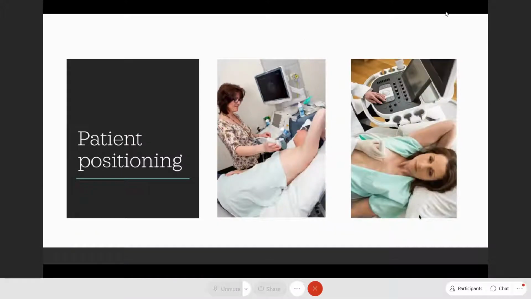The second one is, how do we position the patient? Whenever we are imaging the outer quadrant or the lateral aspect, we should ask the patient to lie away from that side, slightly to the opposite side, so that the breast falls away from that part and it is easier to scan the outer quadrant. However, we can image the medial quadrant or the inner aspect of the breast in the supine position.